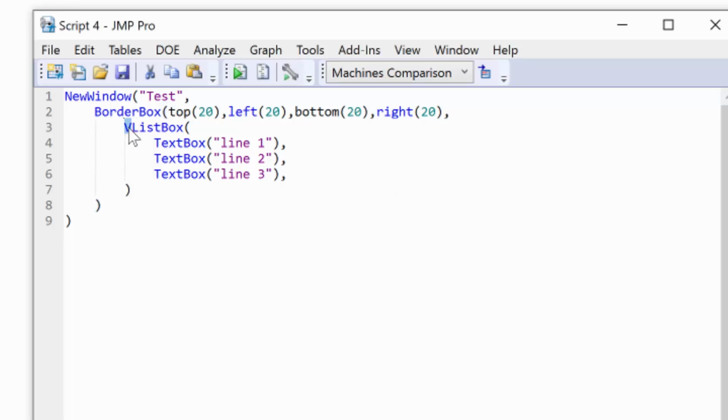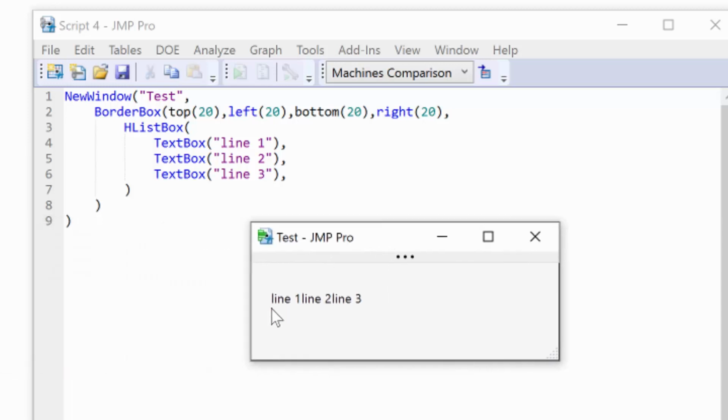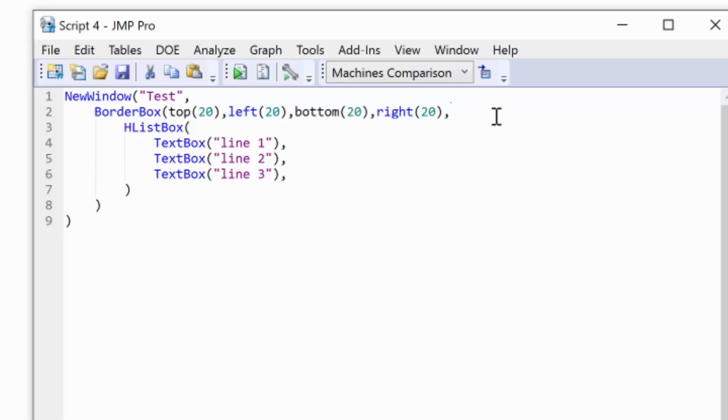If I had an H-list box, then the content appears like so: line 1, line 2, line 3. So by having a combination of, doesn't make sense to call them line now, but if I just call this A, B, C, actually let me put some space in there. And I could then maybe have